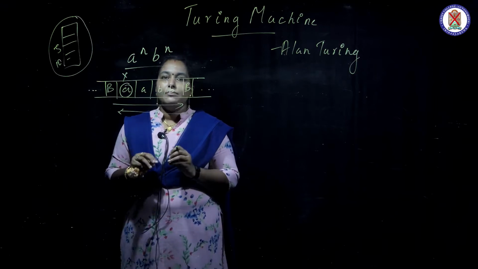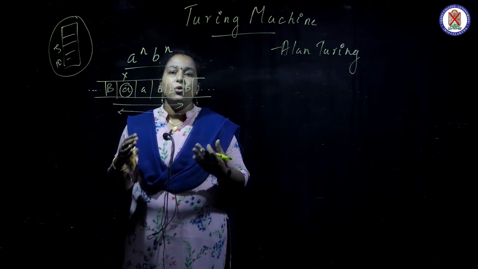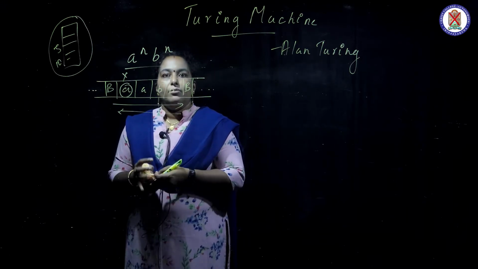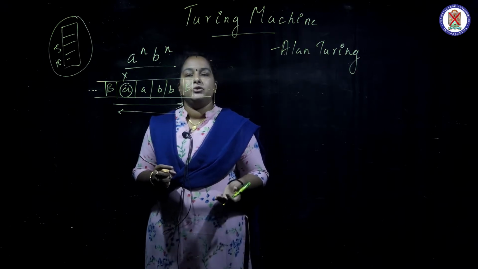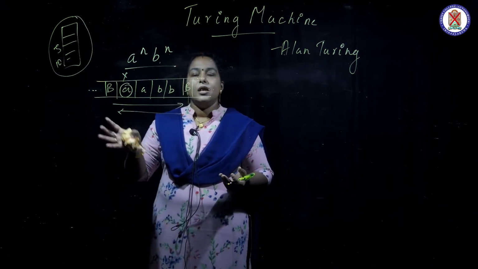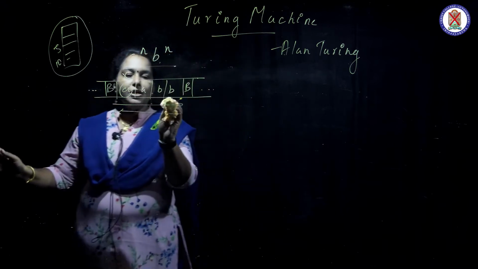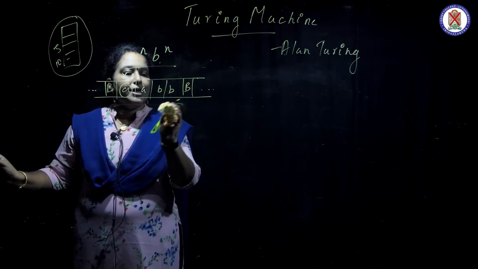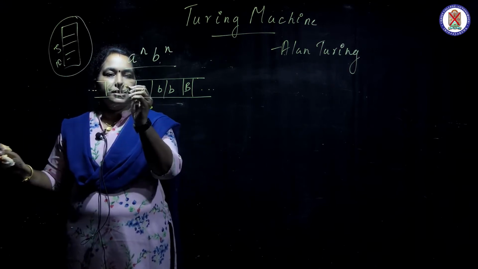Okay, so I am telling you what is the logic behind how the Turing machine works. You have already studied PDAs and deterministic finite automata, and how they work. Now I am saying how the Turing machine will work. Look here. To match a^n b^n, the Turing machine uses logic like this. For example,